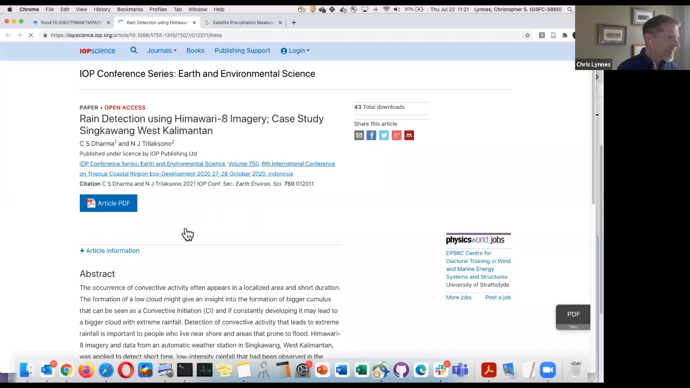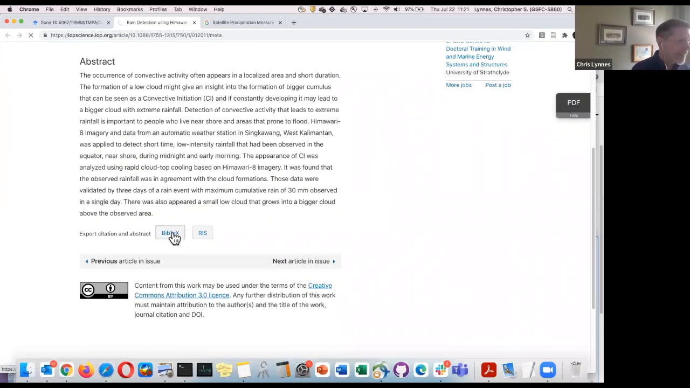Let's see what this looks like. Sometimes you'll have to look for the citation to get the DOI. And honestly, sometimes there won't be a DOI for this. But this actually looks like there's a DOI. So,